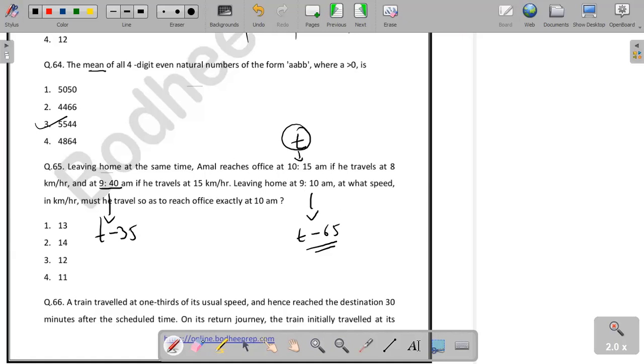Okay, this should not be the point of concern, because he wants to reach the office in 50 minutes, right? So if I go by that logic, here I am assuming he is taking t hours. Why am I taking t hours and not minutes? Because the answer is required in kilometers per hour, so better to take t hours. So in t hours he is traveling at the speed of 8, so distance is 8t. And now at the 15 speed, what will the distance become? 15t minus 15 into